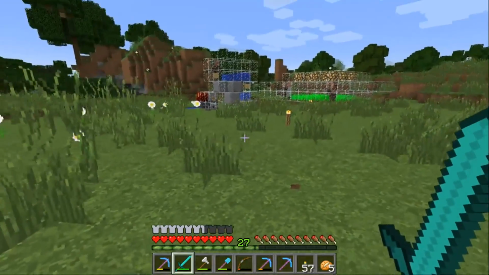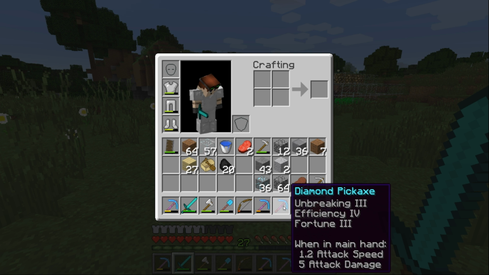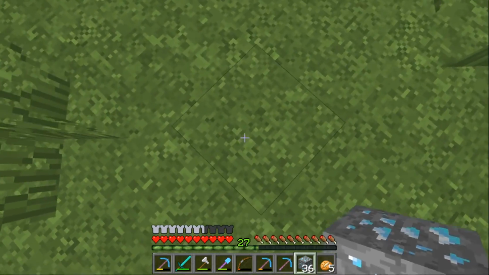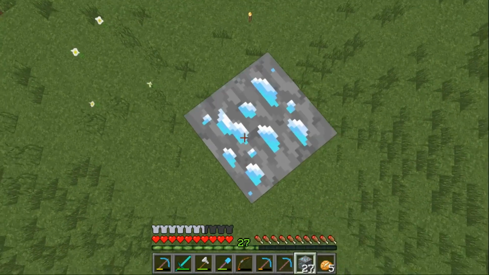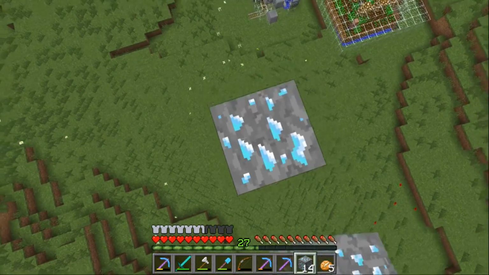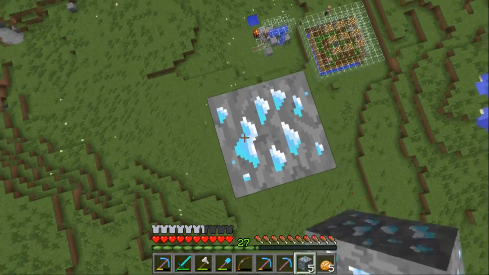Anyways, I managed to get to level 30 and look at what I got. That's right. Unbreaking 3, Efficiency 4, Fortune 3. What a brilliant get. So, guess what we're going to do? We have 36 diamond ore. So we've got to break it, right? I mean, we can't not break it. So with 36, place your bets. How many diamonds do you think I will get with 36 diamond ore? I'm going to guess...